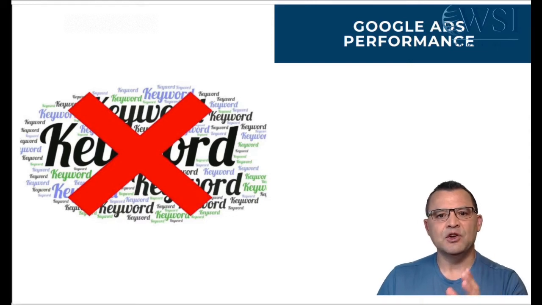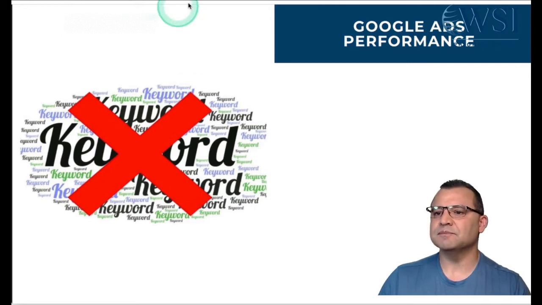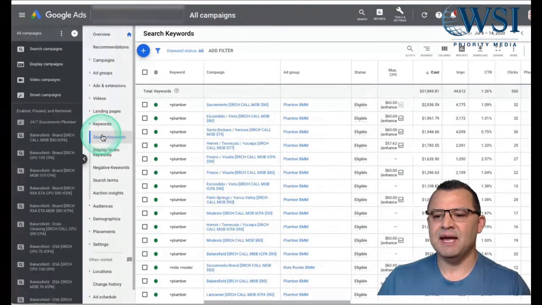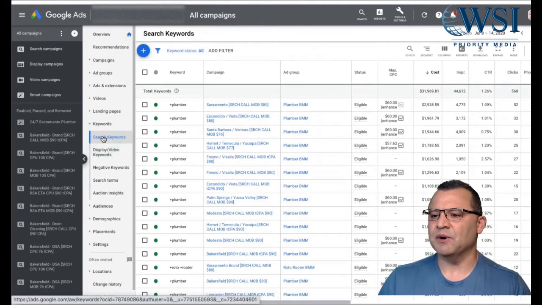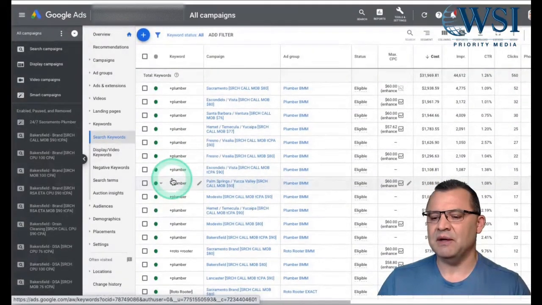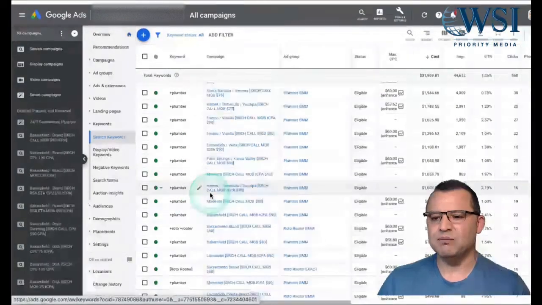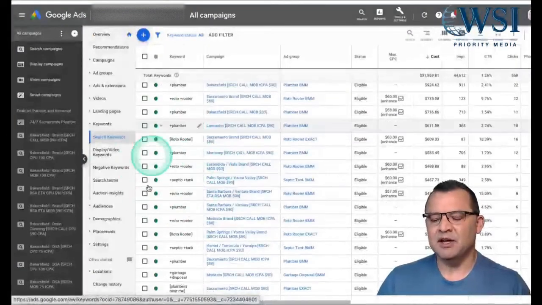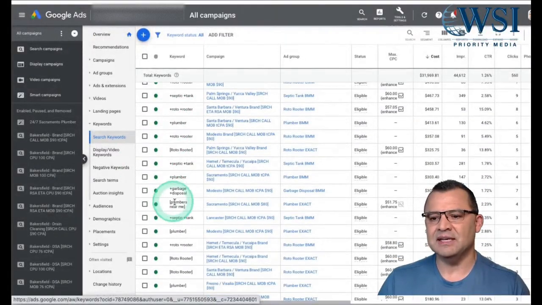To peek in your account and see negative keywords, let me show you real quick where you go. So I go to the campaigns, and inside of the campaigns, I search for my keywords. When I search for my keywords, I like to sort by cost, and I like to find out where I'm spending, what keywords I'm spending in, and I like to start scrolling down this list right here and looking for any problems, anything that does not belong in here. And so this is my intermittent going in and searching and keeping an eye on things to make sure that they're healthy.